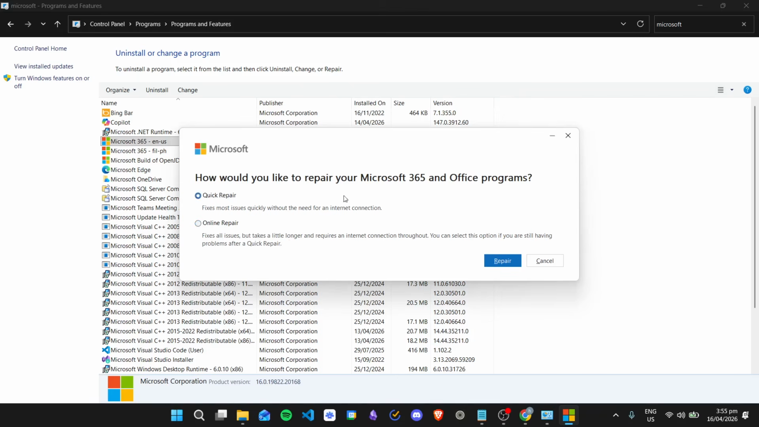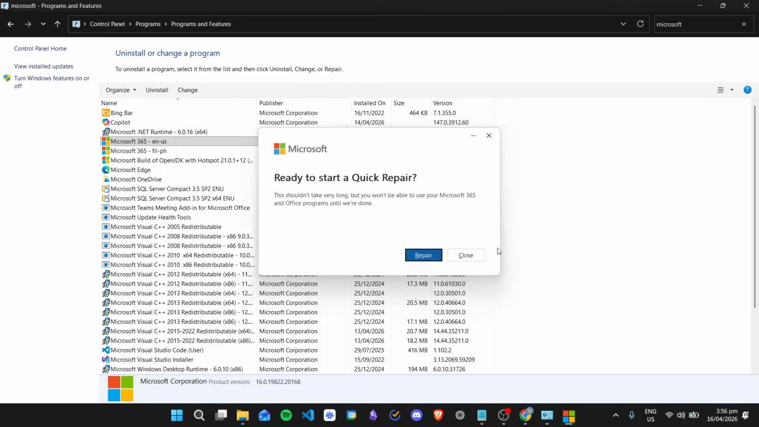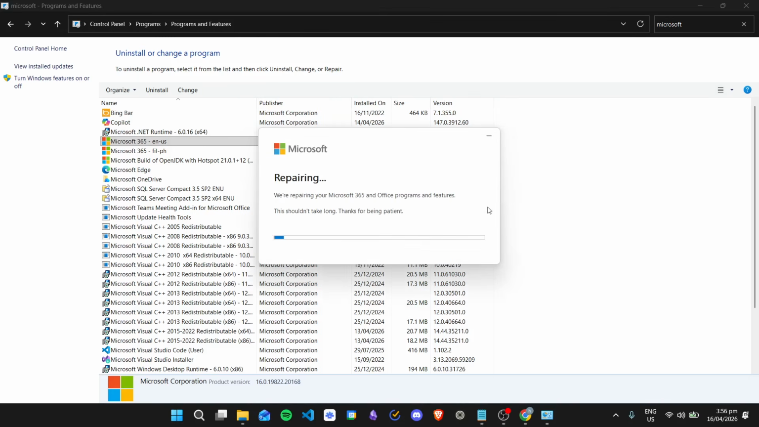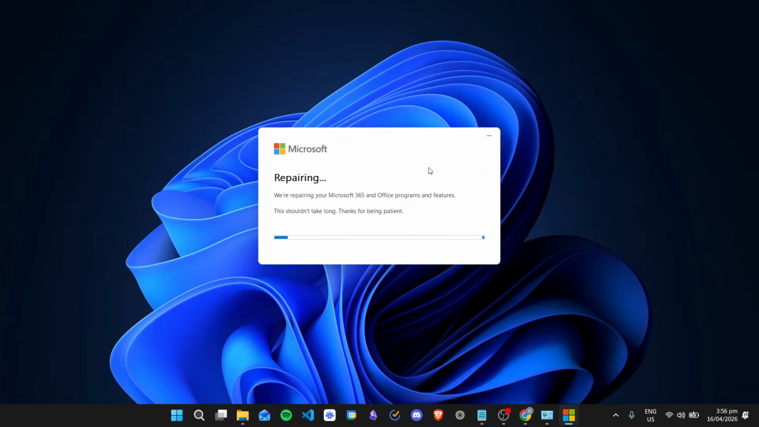So if the problem is not fixed by quick repair, usually you need to use online repair, but most of the time you can just use quick repair and then the problem will be fixed. So again, just use quick repair, click repair, and then you should just click repair right here. Then you will see that it will repair the Microsoft 365 application along with Outlook and all of the other applications. So you just need to wait for this to finish,